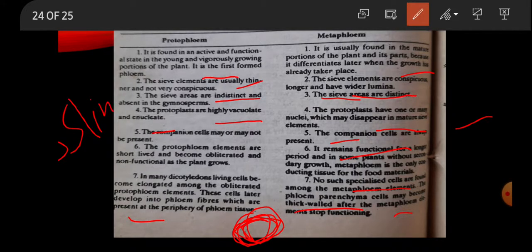You have studied slime in the peptidoglycan wall, that in bacteria you have studied was slime. But I'll tell you, slime bodies are secreted by the endoplasmic reticulum, and they are proteinaceous in nature, and they are present in the sieve elements. Sieve elements include some slime bodies which are secreted by the endoplasmic reticulum, and they are proteinaceous in nature. Which proteins are present in them? P1 protein and P2 protein. And in which are they present? In cucurbits. So slime bodies are present in the cucurbits.